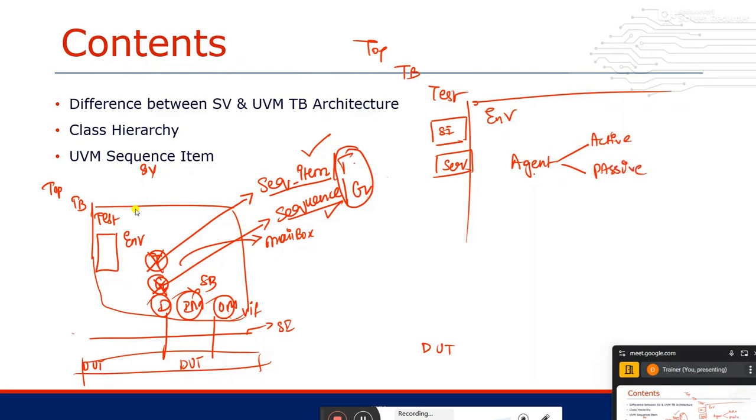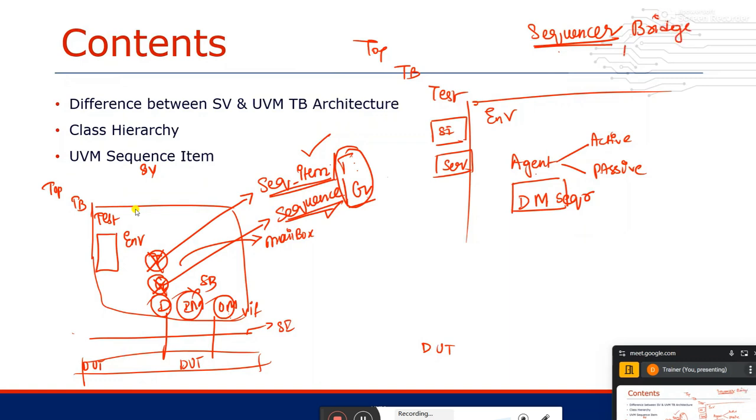If it is an active agent, inside it I will have driver, monitor, and one more thing, sequencer. You should not get confused between sequence item and sequencer. The three are different things. Sequence item means transaction, sequence means generator, sequencer is the bridge.